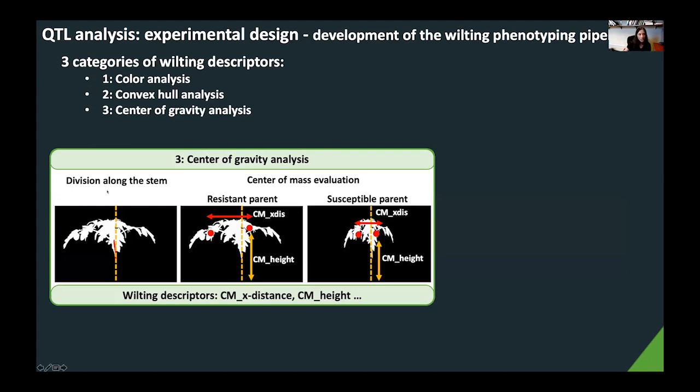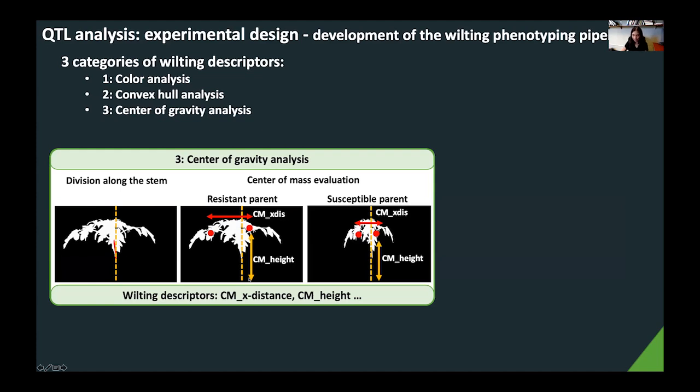And so for this, we took our images and we found the plant mass. And then we divided the image into 2 along the stem, okay? And then on each side of the image, we found the center of mass. And so that's denoted here by this red square. And for one descriptor, we called it the center of mass X distance. It's the distance between these 2 points on the left and right image. And then we also use the center of mass height, the distance between the center of mass and the bottom